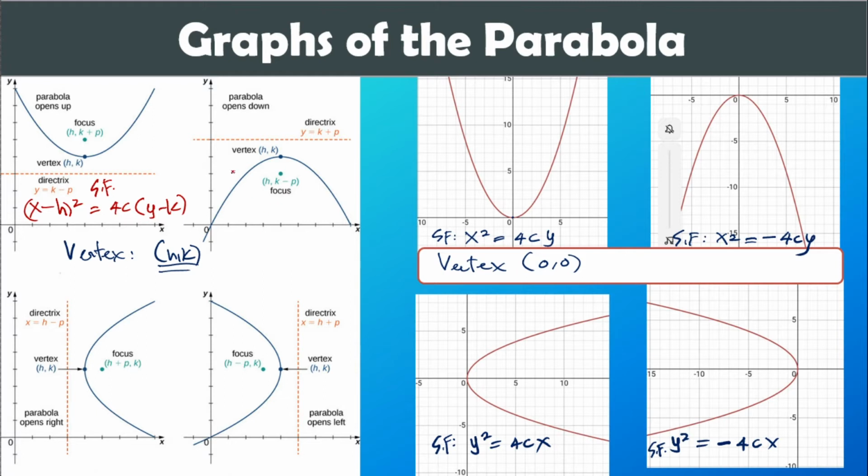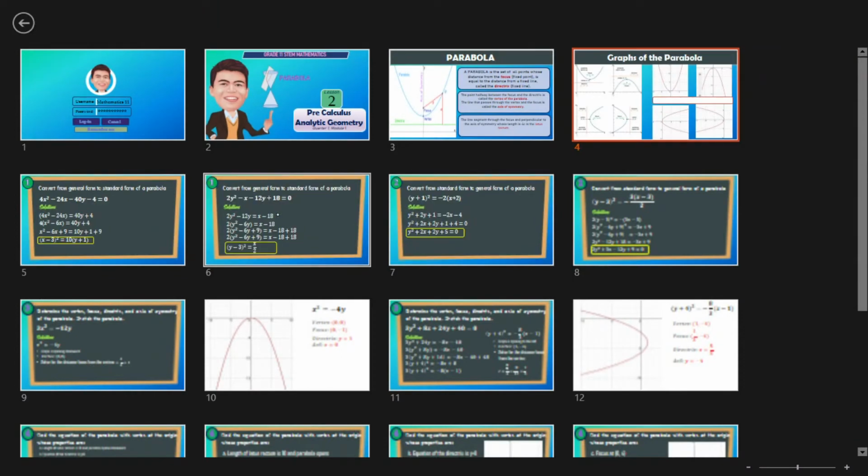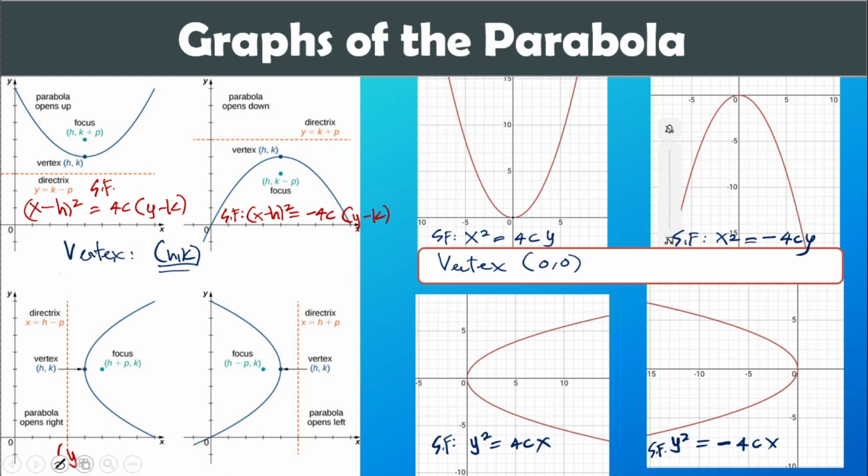So pag opens downward naman, magiging negative lang yung 4c. So, magiging (x minus h) squared equals negative 4c times (y minus k). So, yun yung pag opens downward. Now, pag opens to the right, okay, same what happens here, no? Yung may degree of 2 is yung y. So, this become y minus,